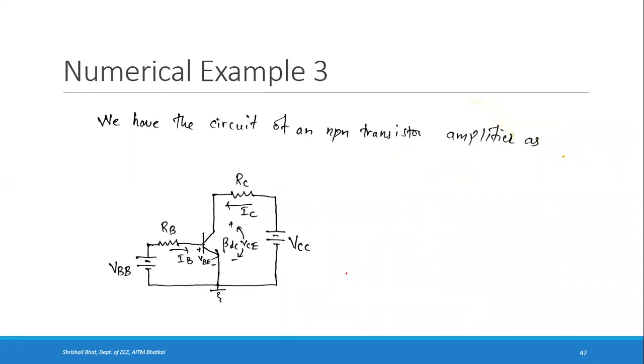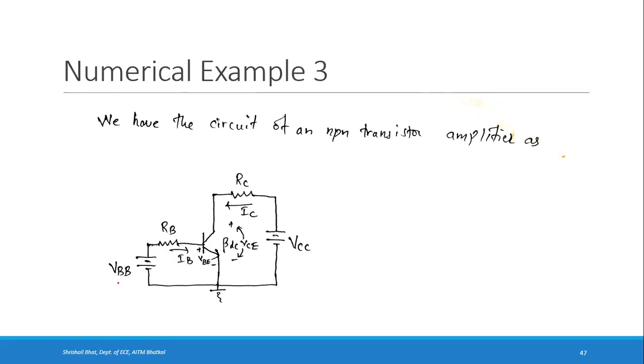Okay, so we have the circuit of an NPN transistor. So this is the circuit. We are not considering the input AC voltage that you are connecting here. So excluding that, the transistor amplifier circuit is this. Here you are connecting the AC input at this point. In the diagram that we saw yesterday, ground was connected across each terminal, right? That is the same. We can connect a common line and common ground here.